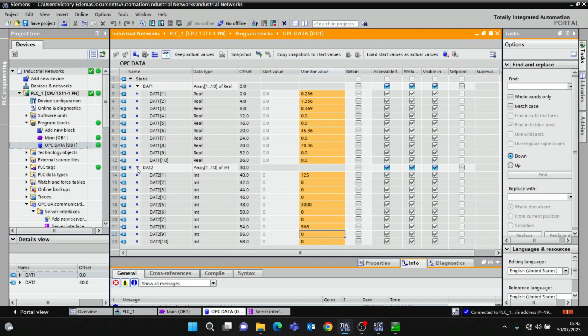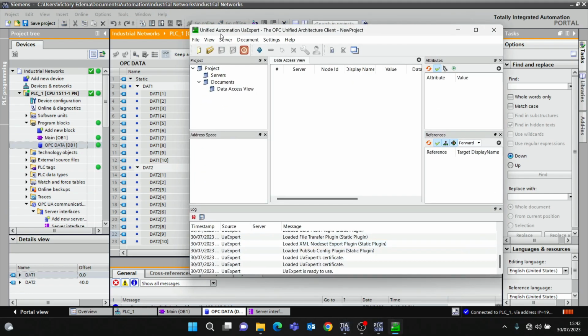So I have this data. So for OPC clients, I'll be using a software called UA Expert, Unified Automation UA Expert. So this is an OPC client software. I'll be using this to test our OPC server communication we've created in Siemens. So I'll launch UA Expert and I'm going to add